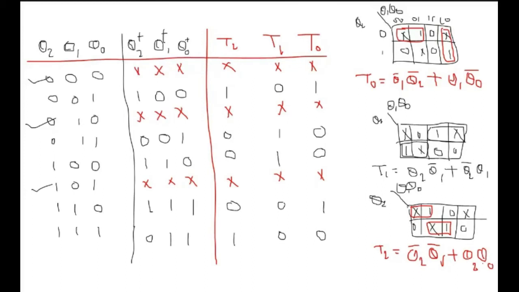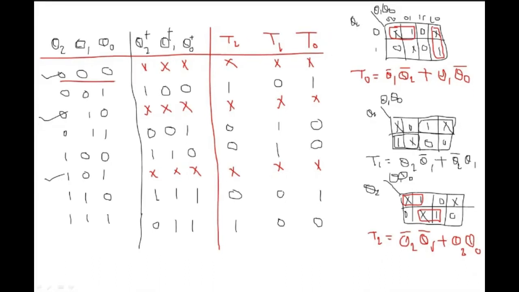Now we will draw the circuit. This is when we are considering the don't care condition here for 0, 2 and 5. So now we will design the circuit based on this value and then we'll cross check for the lockout. So what was the lockout that we discussed? Since we are considering the don't care, whenever 0, 0, 0 is coming, the next state will be don't care. So we need to cross check what is the next state after 0, 0, 0. If the next state is again 0, here it will be the lockout.